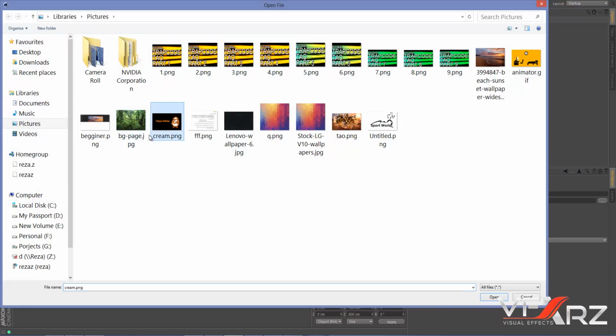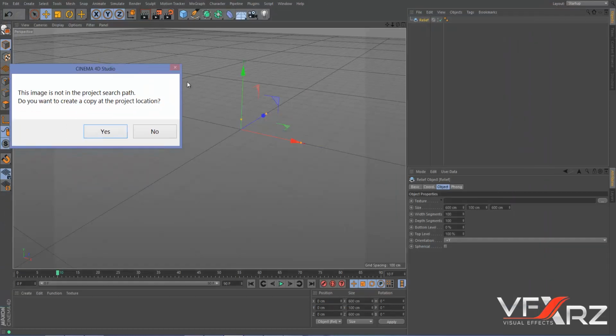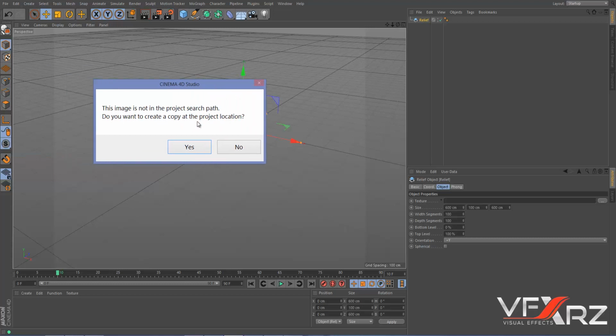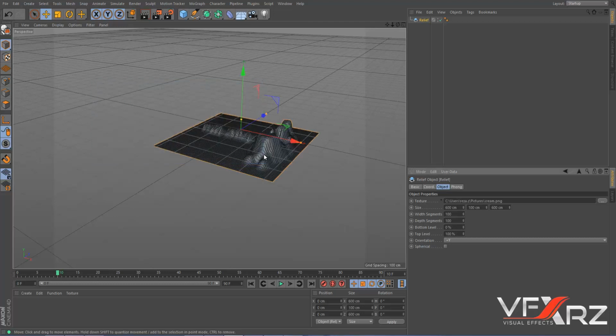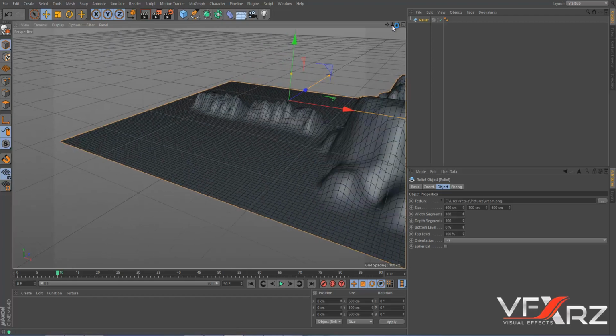For example, I want to click this picture and double click, and here it says if you want to copy this picture near your file. Now I don't need it and click no. Okay, as you can see,